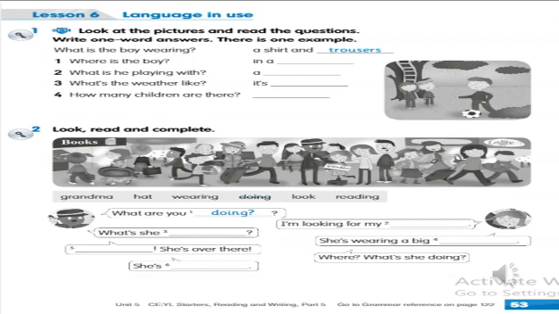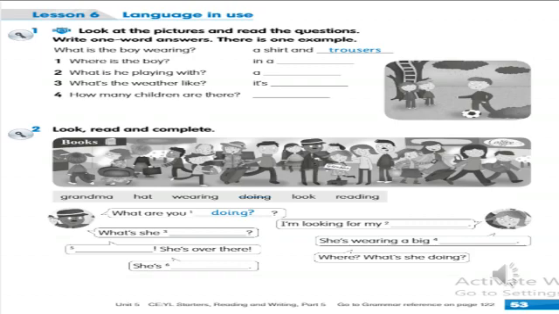For example, if the weather is snowy, we should not say snow because snow is a noun. We have to say snowy, snow, snowy. So in the picture, we have rain. What should we say? It's